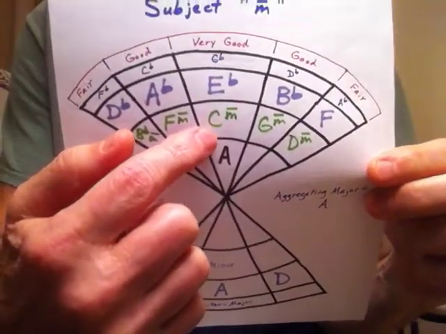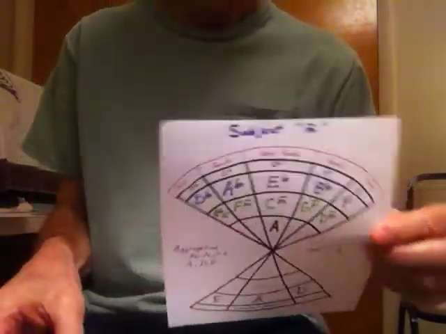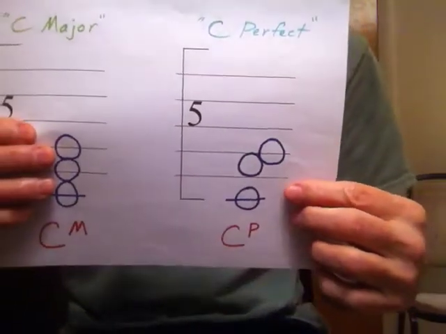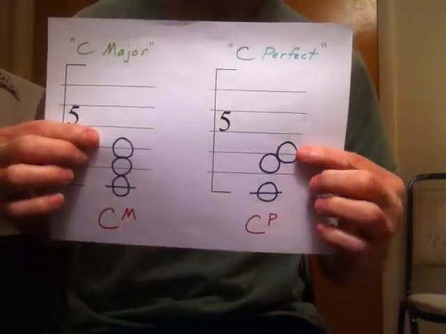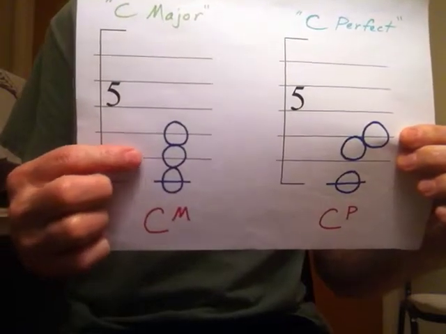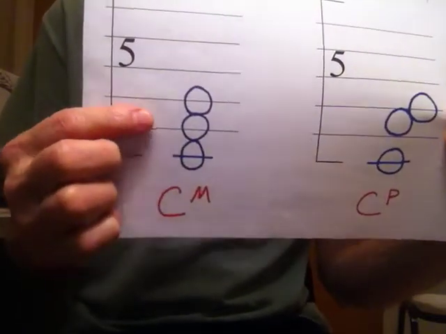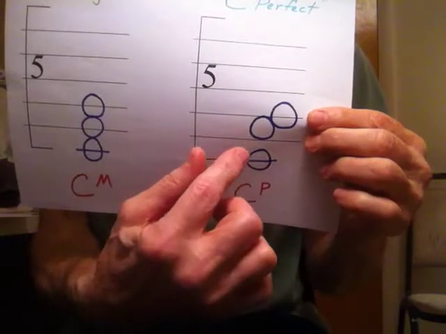If you choose, let's say, a minor tonal center, I showed that, so you should be familiar with that. And I talked about the perfect chord, your theoretical perfect chord. This happens to be a C perfect chord, and you can compare that to your traditional common major chord. See, it's a little different, a little weird, but it's useful.